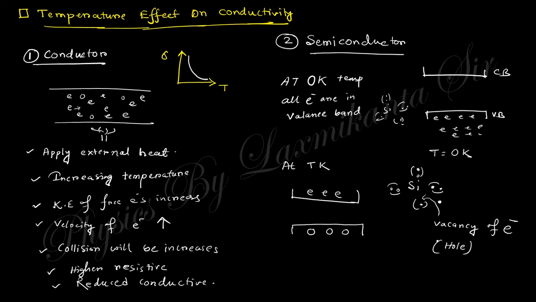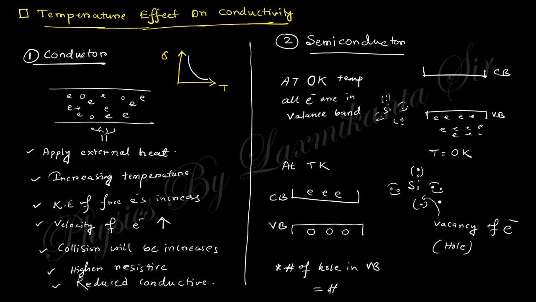Now, if three electrons come out to the conduction band, this is the conduction band and this is the valence band. So if three electrons come out, then three holes are made here. So here you can say the number of holes in the valence band equals the number of free electrons in the conduction band